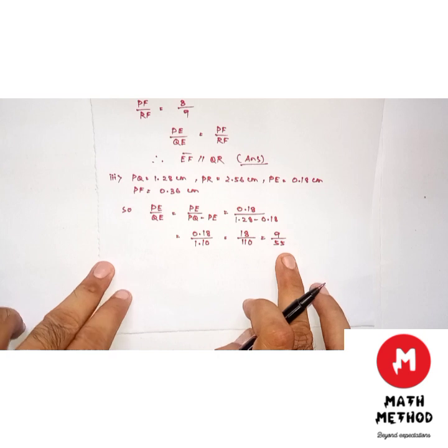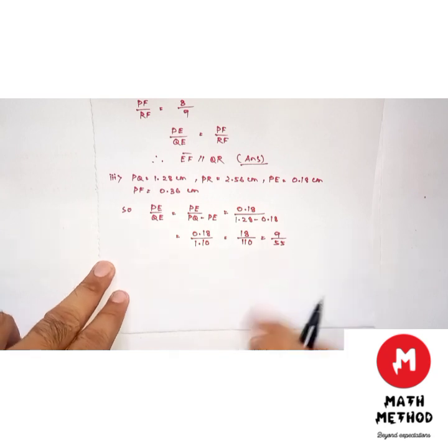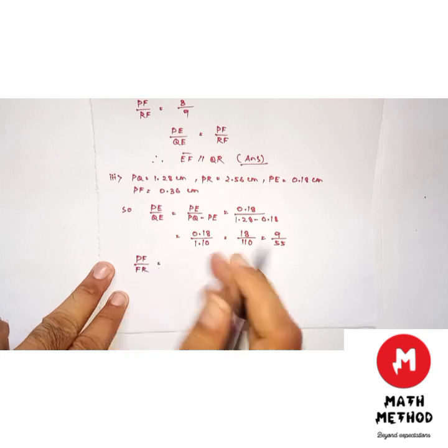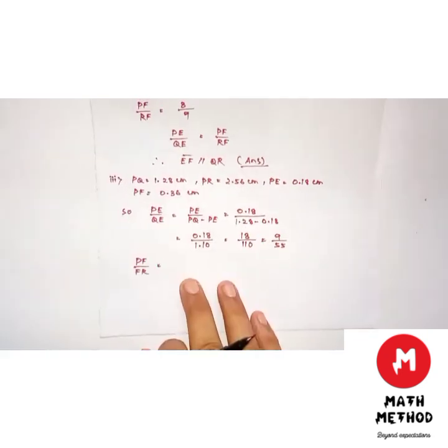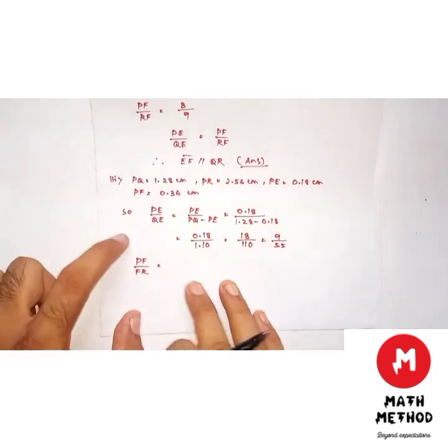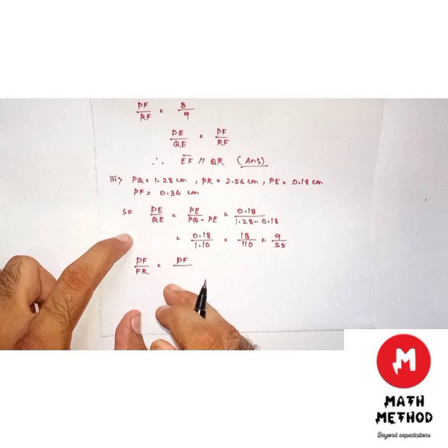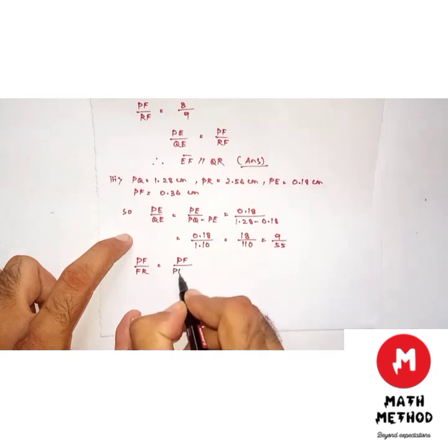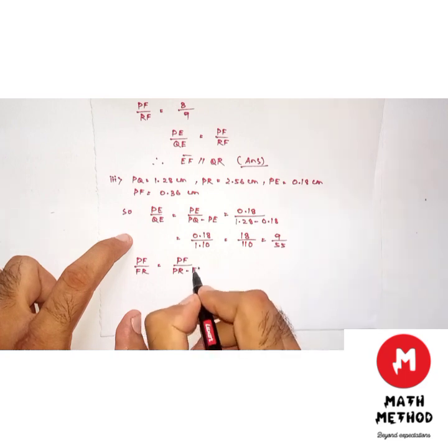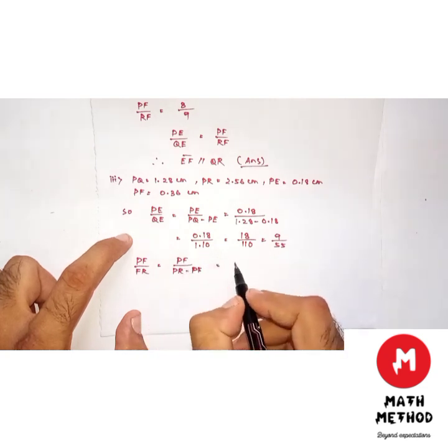Similarly, we have to find out PF upon FR. PF upon FR is equal to, again, FR is not given, so FR is equal to PR minus PF, where PF is equal to 0.36